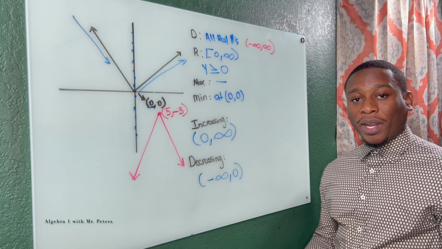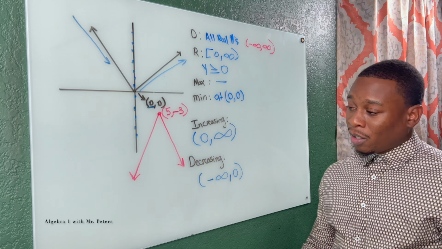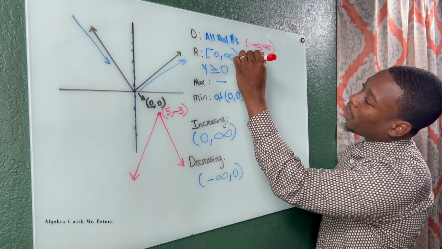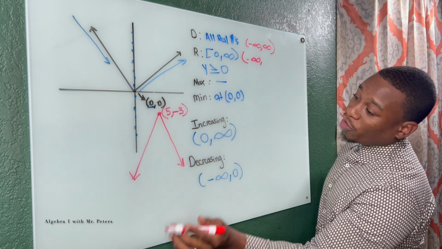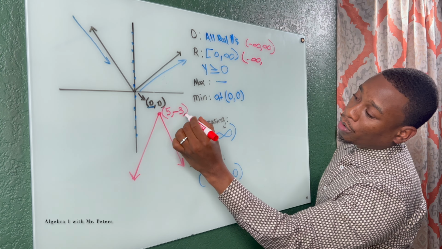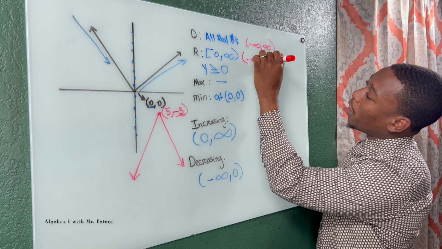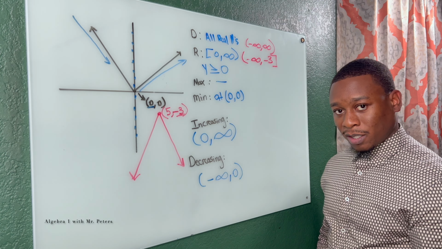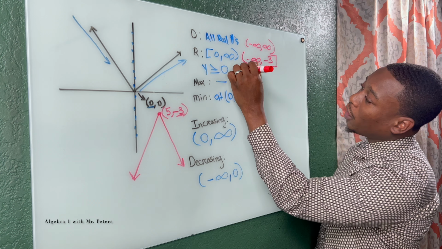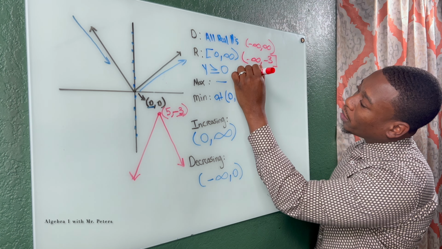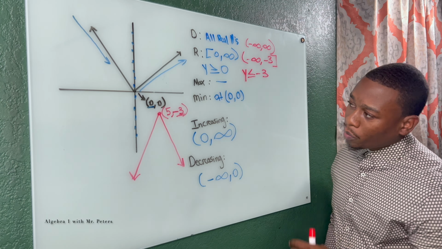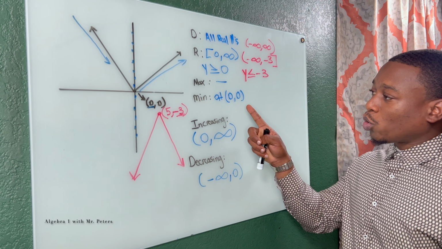Now we go to the range, right? So remember, this graph opens down. So we're coming from what? Negative infinity. And this graph goes all the way up to -3. And because it's included, we have a bracket. Now, if I express it as an inequality, y is what? Less than or equal to -3. So now we're done with that. We're on to our